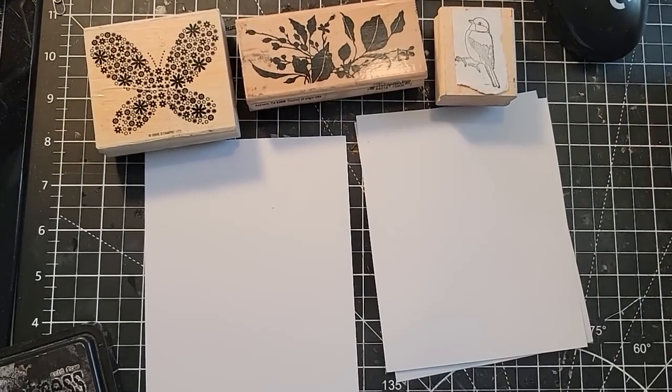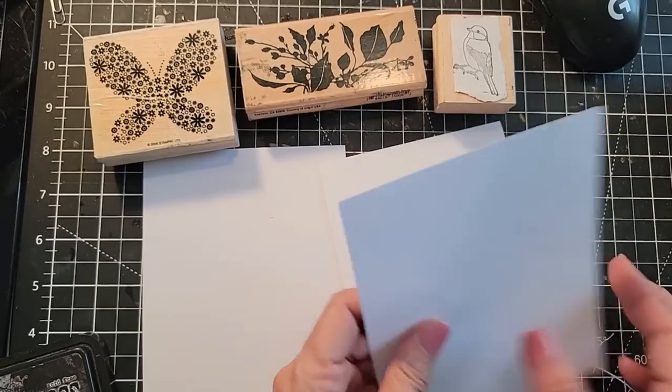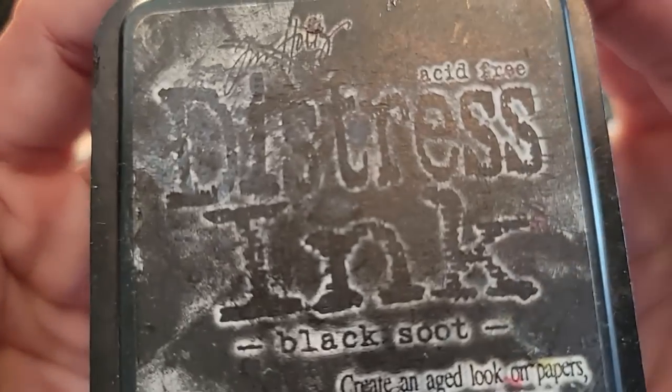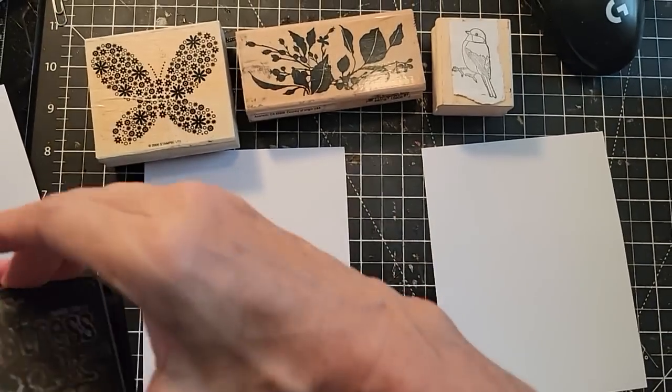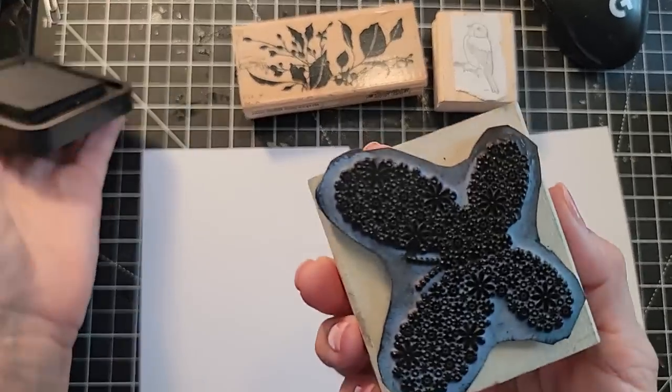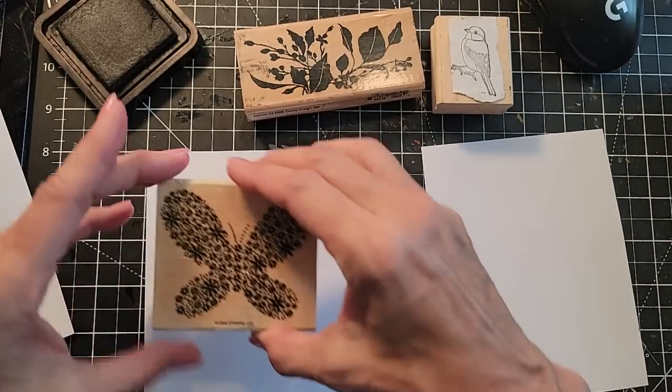So I thought I'd just take a very simple concept. Maybe everybody has a rubber stamp, maybe everybody has some white paper. I'm going to use cardstock today, but you can use regular copy print paper. And this is Distress Ink Black Soot, just a regular dye ink, nothing fancy about it. It's going to move with water if we get it wet. Don't know if we're going to get it wet yet, but just kind of play with